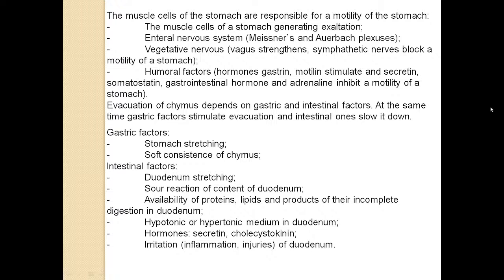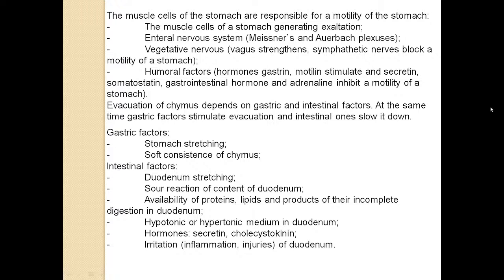Evacuation of chyme depends on gastric and intestinal factors. At the same time, gastric factors stimulate evacuation and intestinal ones slow it down. Gastric factors: stomach stretching, soft consistency of chyme. Intestinal factors: duodenum stretching,